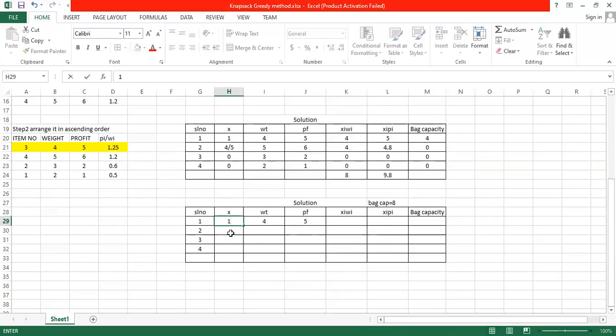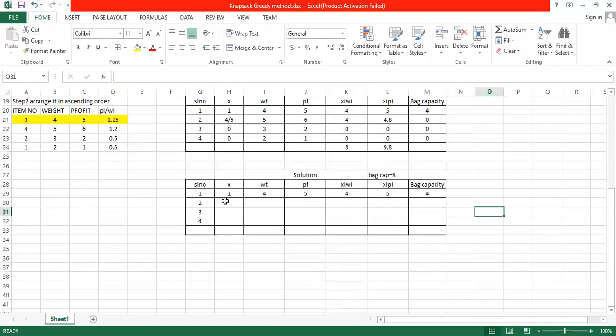Because I have added the full item into the bag, I have taken the value of X as 1. Now Xi into Wi: Xi is 1, Wi is 4, so the answer comes out to be 4. Xi is 1, profit is 5, so the answer comes out to be 5. After I added item number 1 of weight 4, the remaining bag capacity is 4.